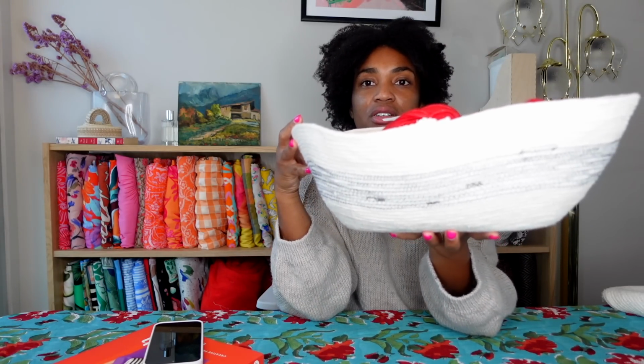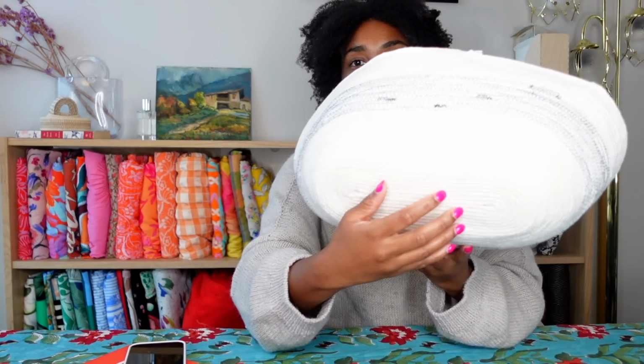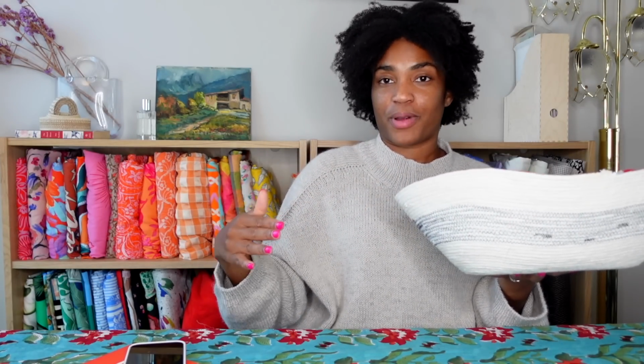There are quite a few tutorials for these available online, but the basic gist is that you start with the bottom of the bag. I'm going to try to not dump my yarn on the floor. You start with the bottom of the bag. You're sewing rope in a spiral shape, just using a very wide zigzag stitch, so you're hitting both pieces of the rope. You build up that spiral until you have a base of the size that you want,